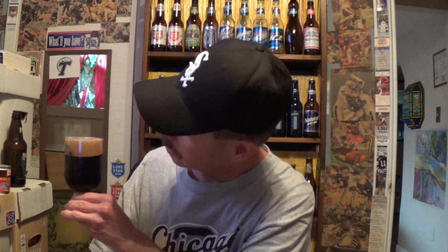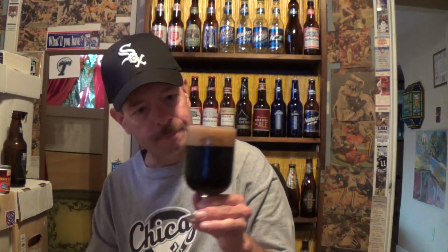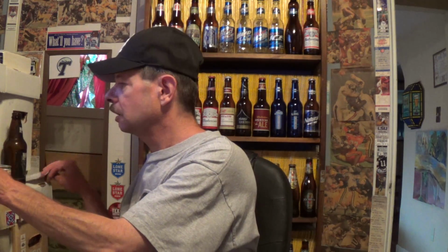Thick, tan head, black. Oh yeah, I mean, it's just like the darkest brown possible. Essentially, you can say black. In this light, it's like 98% black, but 2% brown. It's something telling you it's not quite black. Okay,